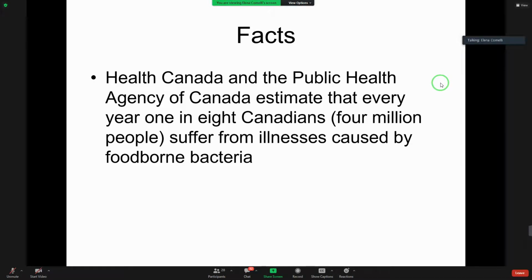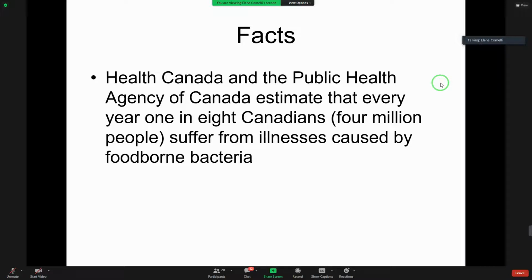So in the next few slides, I'm going to give you a few facts about this infection, especially in Canada, and what systems are available in Canada to keep these infections under control. Obviously, I'm not expecting you to learn all of the data that you will see in those tables and slides. It's more for your general knowledge to know how this is managed in our country.